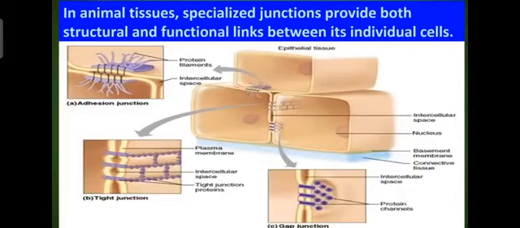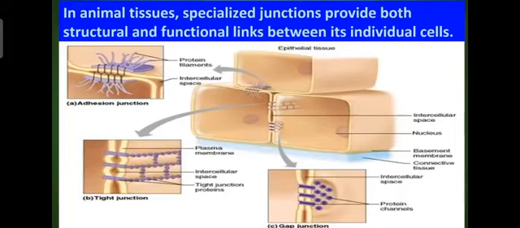In this diagram you can see the first one, that is tight junction, the below diagram at the left side. Here you can see how tightly the cells are arranged. Whatever substance is there inside the cells will not leak through that tight junction. Then the above diagram, that is adhesion junction. You can see the two cell membranes are there, and this adhesion junction performs the cementing to keep the neighboring cells together. Both the cells it is keeping together. So it is called adhesion.